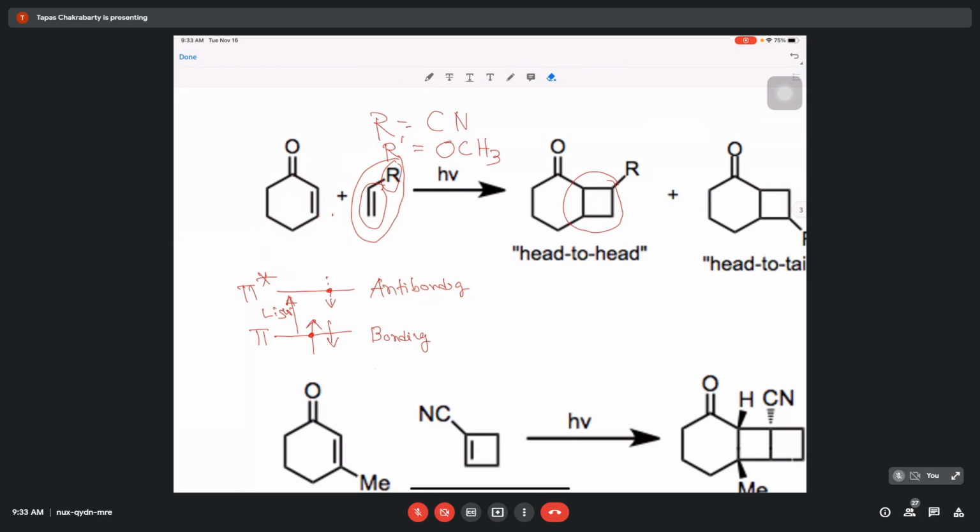Once you say that overall pi bond order is 0, it means that there is no pi bond here. So one electron is here, another electron is just sitting here, something like this. So it means these are actually free electrons. They are no longer bonding electrons. This is the situation as long as the molecule is in the excited state. So in the excited state, there is no pi bond. There is basically only one sigma bond present.